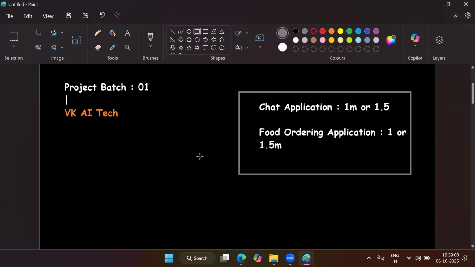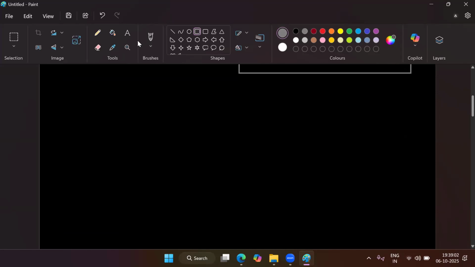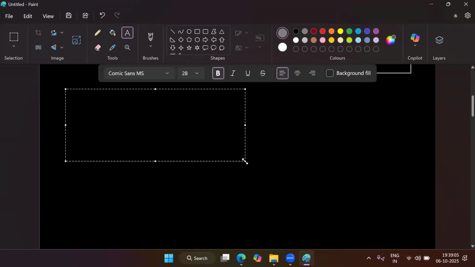Now, to attend this batch, I just require HTML, CSS, JavaScript, and basics of React. I require just this much knowledge from your end. I'm thinking that you are already aware of HTML, CSS, JavaScript, and basics of React. I don't want you to be at a very good or advanced level in React. If you know the basics of React, that is more than enough.